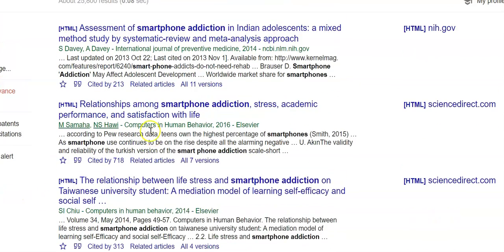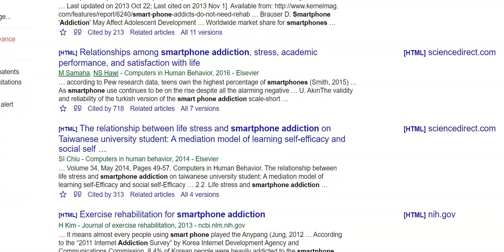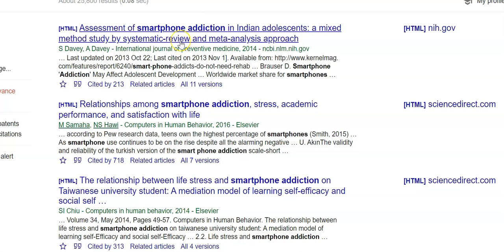You may or may not be able to access the full article here when you click on them, and that is why, if you can't get in, you'd have to find this source through your university library database. So it's always best to find it not just through a Google search, but to go through the university website.